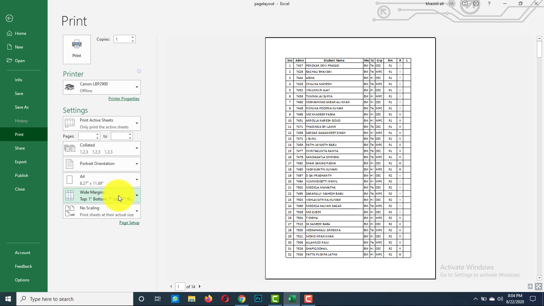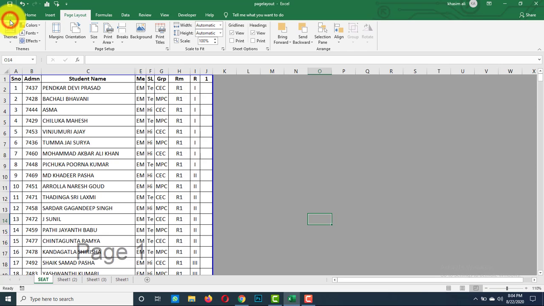Now the last thing I want to show you is how to print or save an Excel document in PDF format in Excel 2019 program. For this, you need not install any special plugin. In previous versions of Excel, you needed to install a PDF plugin to save a PDF document.